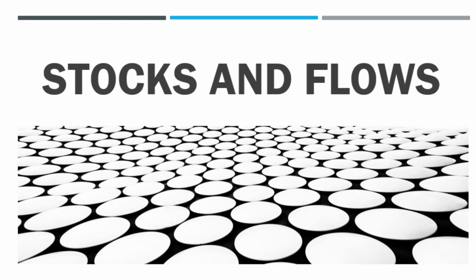If you can remember, a system must have an element. A system needs elements. It needs interrelationships. And a system needs a purpose or a goal. So now, we will move on to our next topic, which is stocks and flows. This one is a bit faster. And I consider this as an addition before we proceed to the different diagrams that we're going to do in systems thinking. So now, let's define what a stock is.